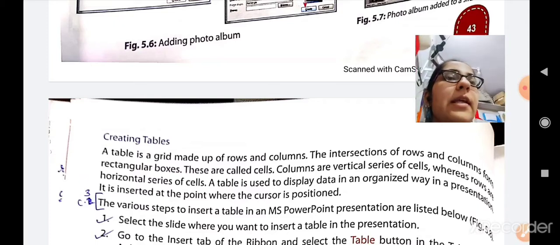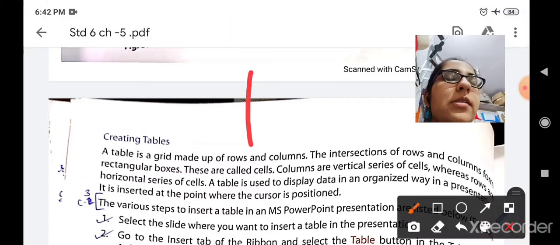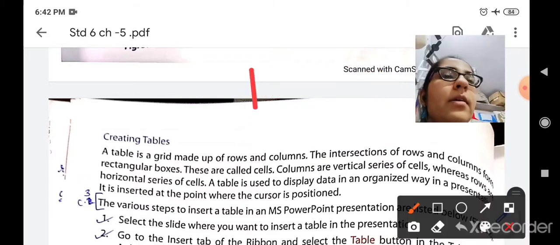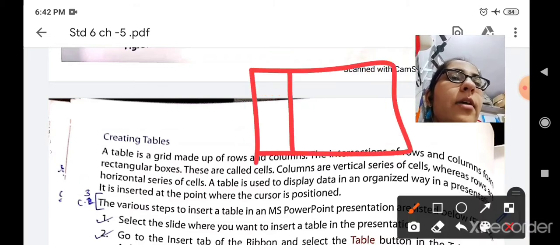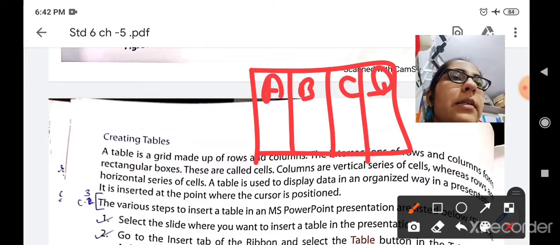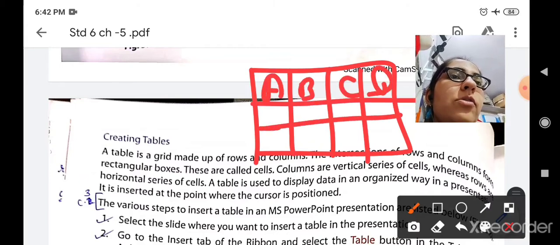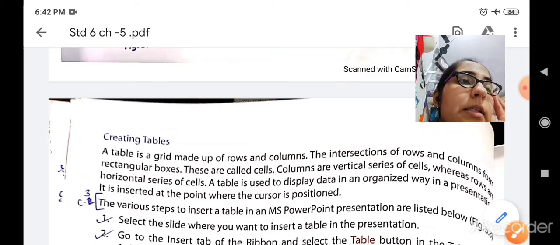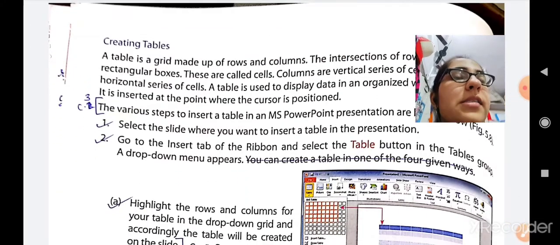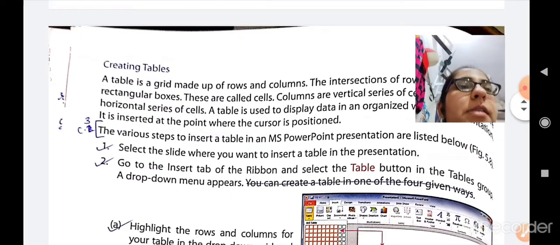Okay, so you will see that this type of table is there. So this is a table. These are the columns, A, B, C and D, and these are the rows. This intersection of the rows and columns, this rectangular box, is called the cell. This is a table. So now let us see the various steps to insert a table in the MS PowerPoint